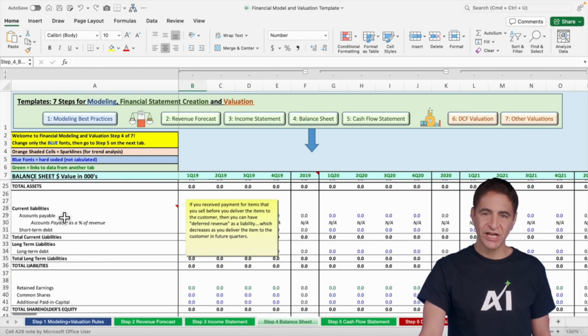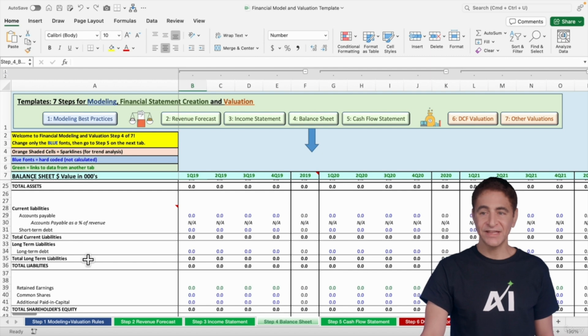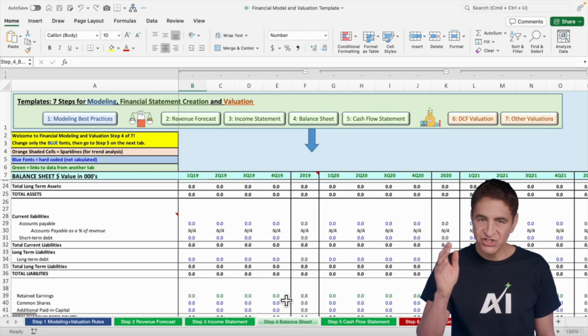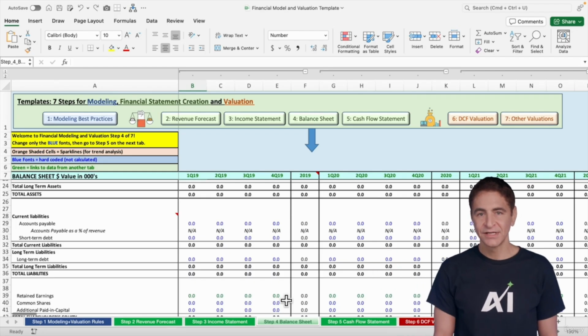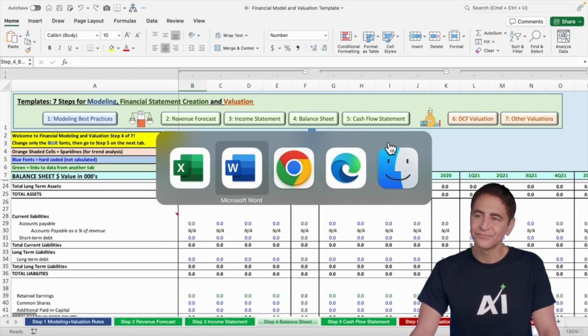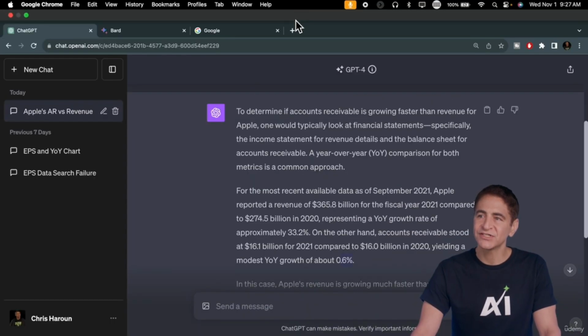If you're going to give it to the customer more than a year from now, meaning the next fiscal year, you put that here as a longer-term liability. So just remember that. Deferred revenue. And you have to look at the change sequentially in deferred revenue. So bookings equals revenue plus the change in deferred revenue. And we can pull up any financial statement and take a look. I'll show you. So let's go together to